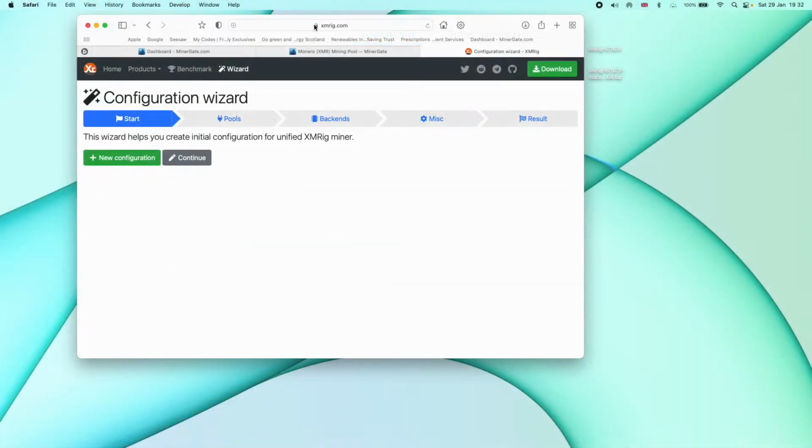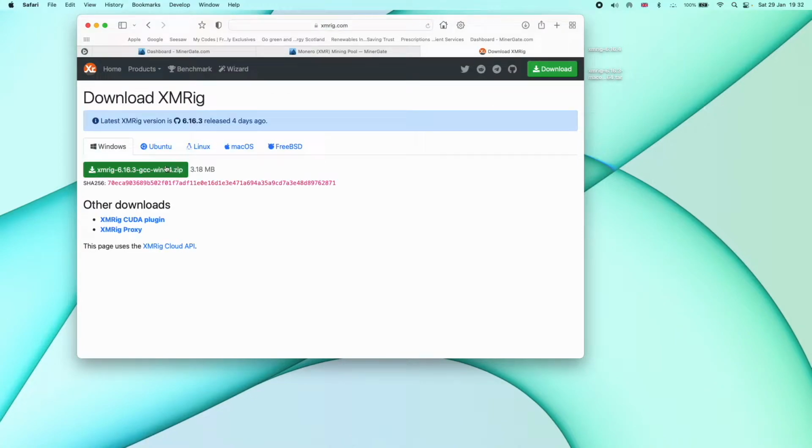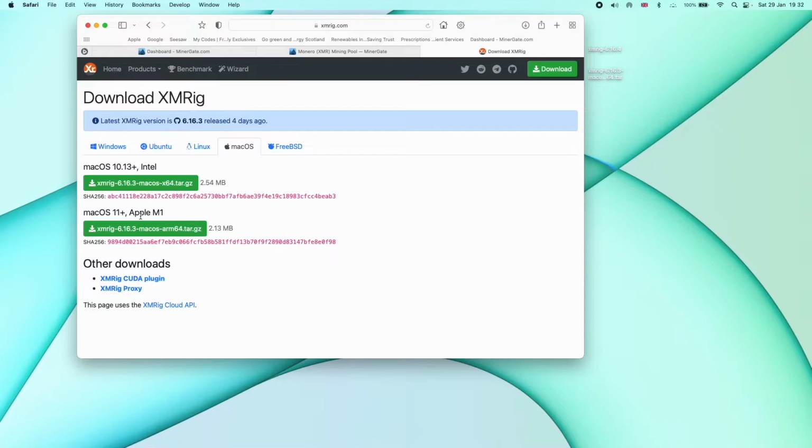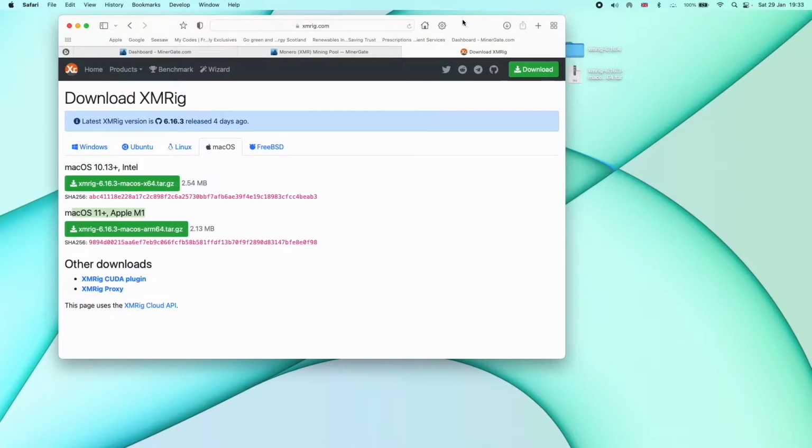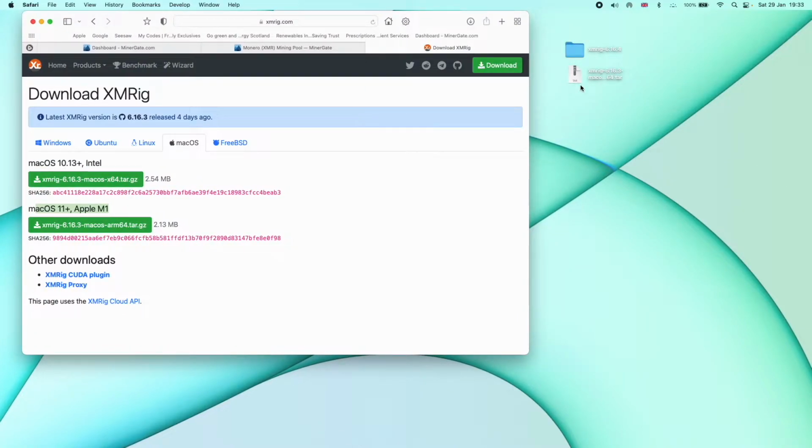We're going to go to xmrig.com, come over to the download part and click on download for macOS. We have an M1 chip, so we're going to click M1. Hit download, it will download into our downloads. Here's one I made earlier. So we would double click this,